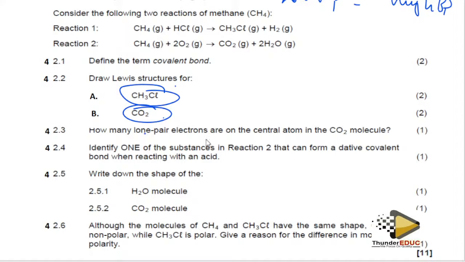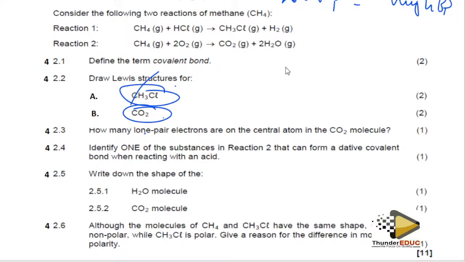How many lone pairs of electrons? Define lone pairs. We said that these are pairs of electrons which are found in the valence shell and they are not involved in the bonding. They are supposed to be pairs, but they are not involved in the bonding, so we call them lone pairs. They're just lonely there. The question says: how many lone pairs of electrons are on the central atom of the carbon dioxide